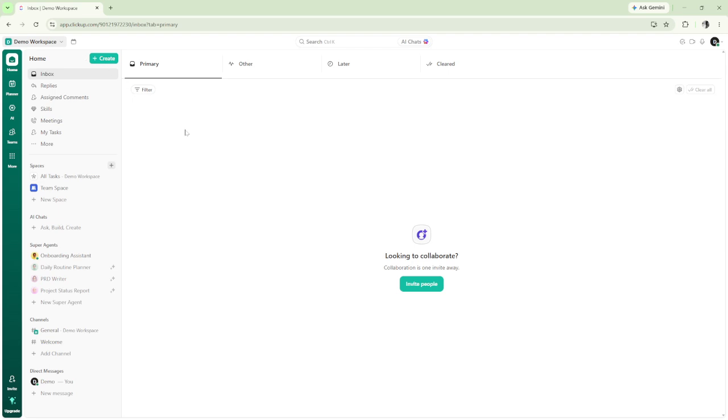To begin, make sure you're on your ClickUp home workspace. This is the main area where you can access your tasks, notifications, and workspace tools. Starting from the home workspace makes it easier to find the settings you need without getting lost in other sections of the platform. Once you're there, go to the top right corner of the screen and click on your profile